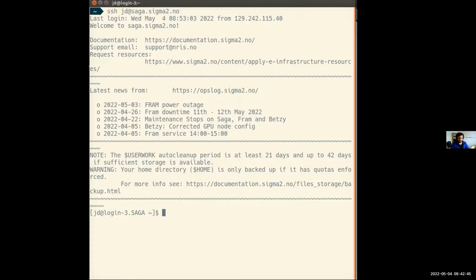So I'm currently in. I connect like this. This is my username, and then at saga.sigma2.no, if I'm correct. It might be that instead of just logging in like I did now, you are asked for a password, and if you have not done this, it's a bit confusing. While typing the password, you can't see anything that you type. So you basically just have to type blindly. Once you hit enter, the password is either accepted or not.